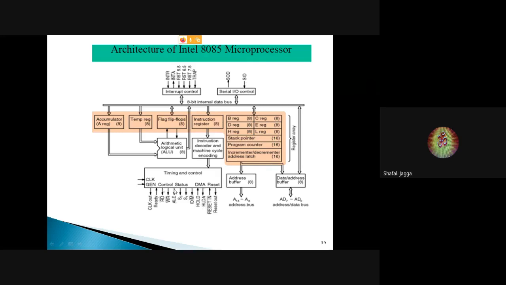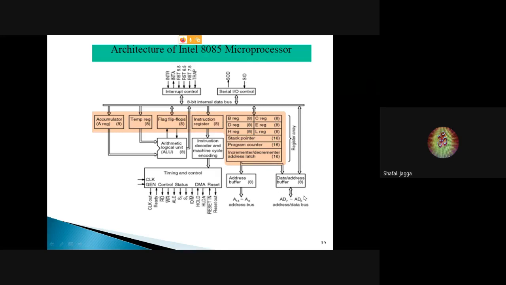Whenever ALE is 1, in that case, whenever the ALE signal is high, the first address comes on this multiplexed bus. Then this address is latched, and then ALE becomes low. When ALE becomes low, this bus can be used as the data bus, which can carry either the opcode or 8-bit data.